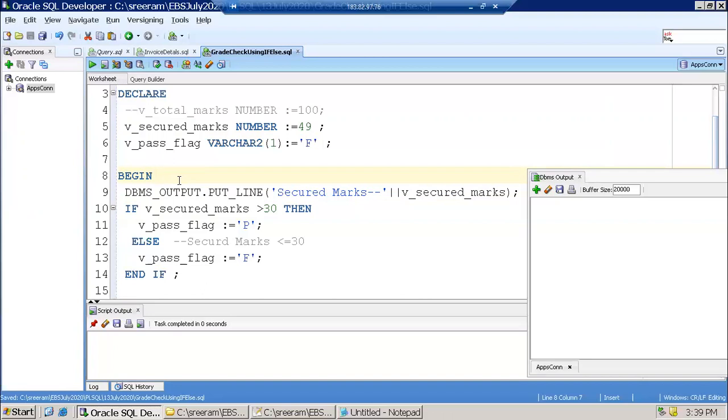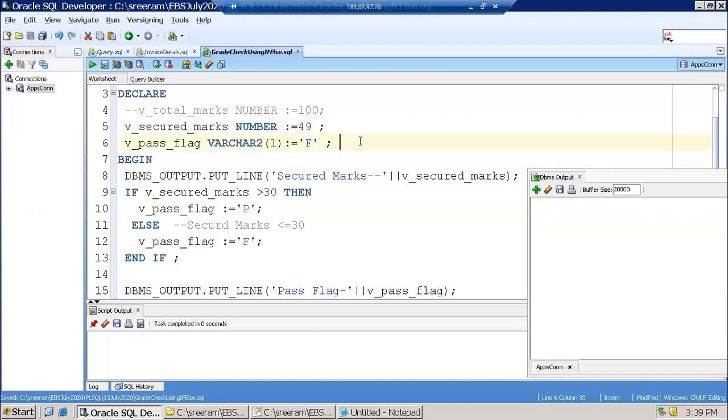And always we'll declare parameters in a stored procedure only, right? What do you mean? Parameter is a generic term.